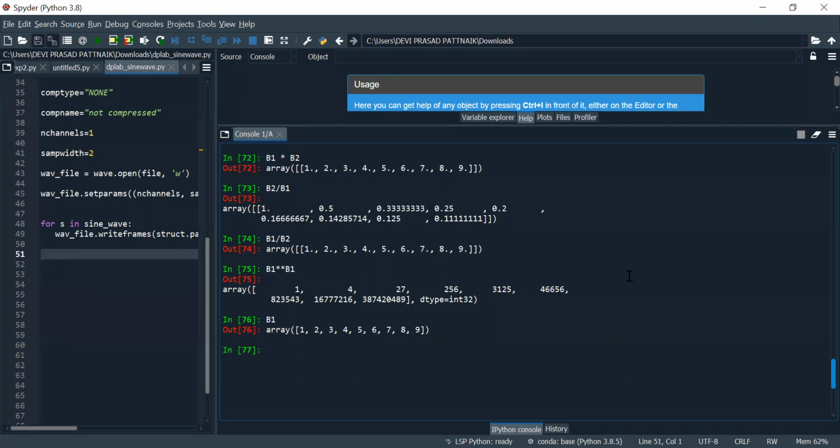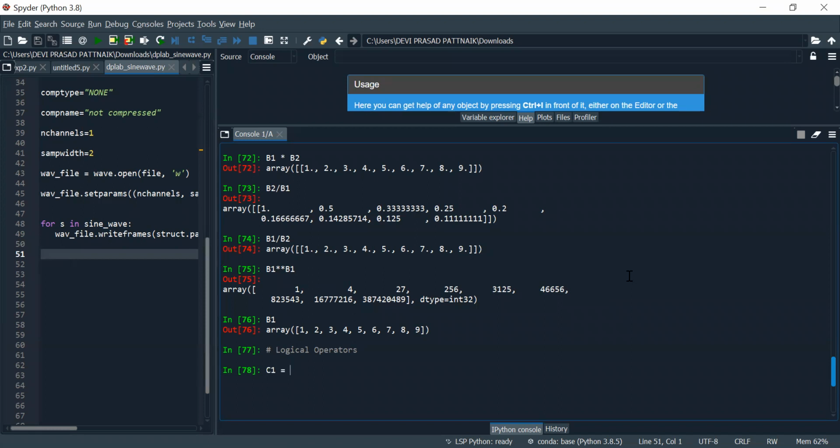And let's go for some logical operators. I would like to write an array.